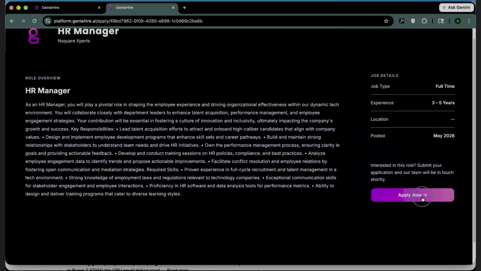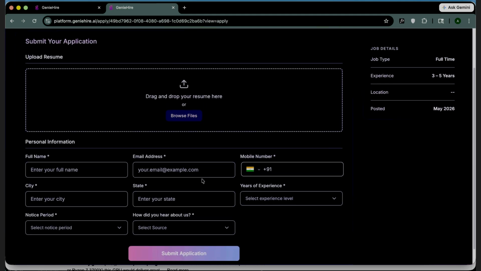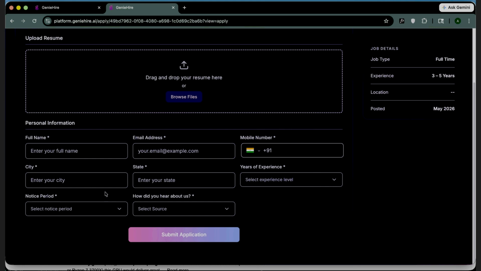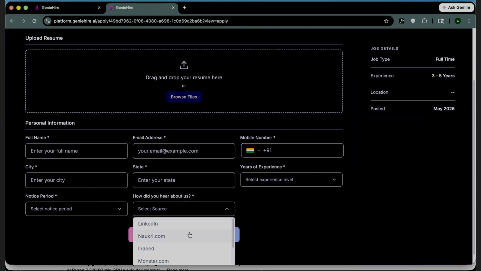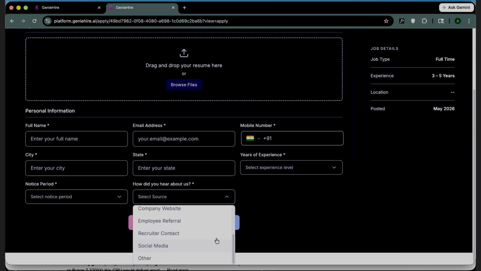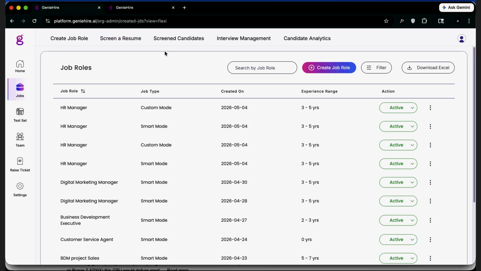And this is what their application will look like. They'll have to simply upload their resume, and all the information will be automatically fetched from the CV. They'll have to choose their notice period, whatever they're serving, and also the source, let's say LinkedIn, Naukri, or any of the company profile, or even social media for that matter. Once the candidate fills this out, they will click on Submit Application, and you will get all the responses landing